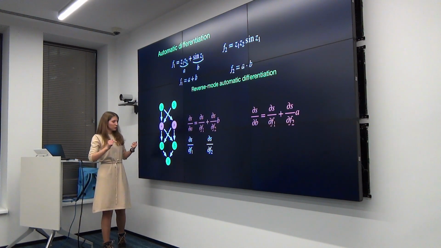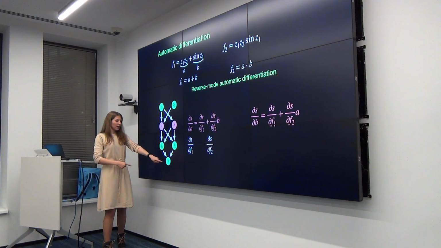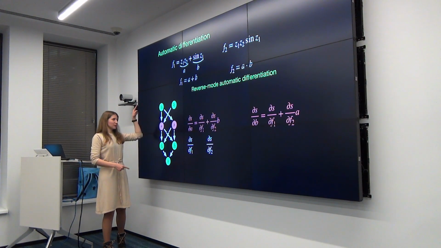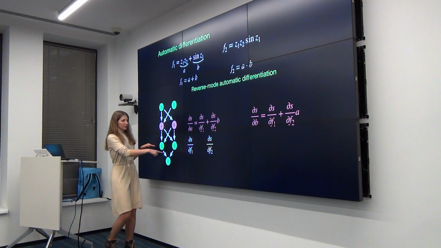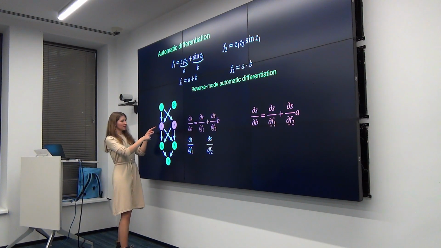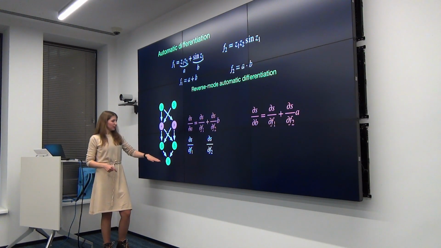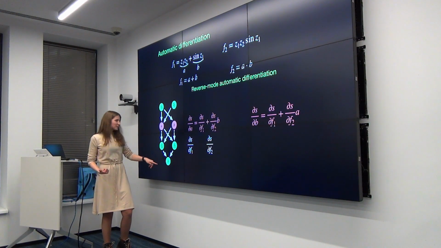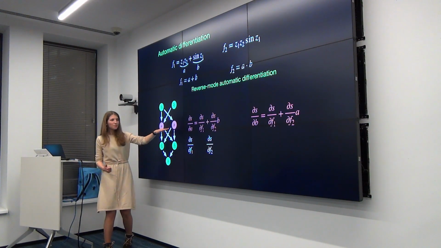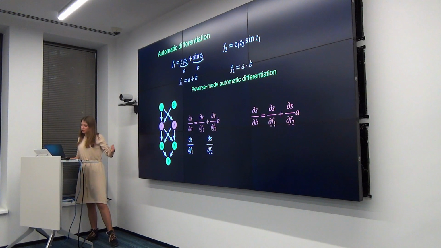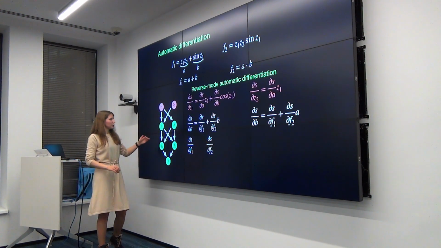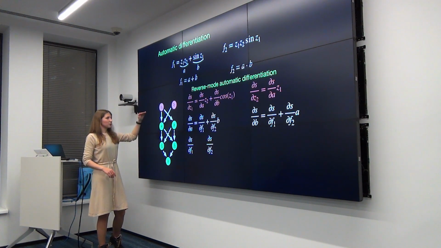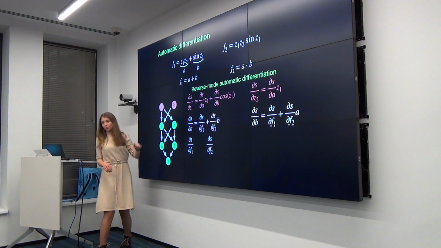And now we want to differentiate S with respect to Z1 and Z2. So this is the first step. The second step, we differentiate S with respect to A and B, just using the chain rule. And finally, we differentiate S with respect to Z1 and Z2,